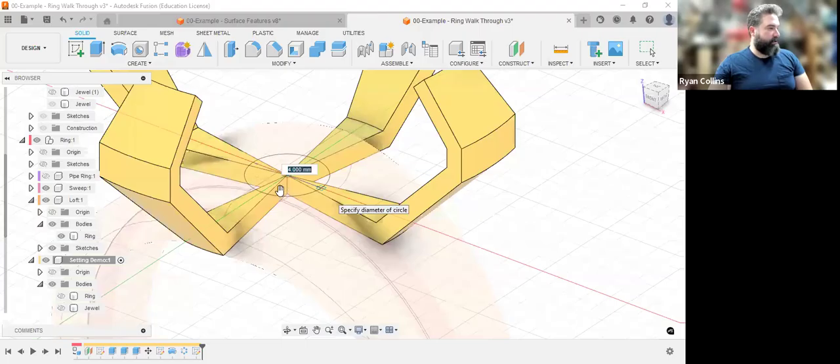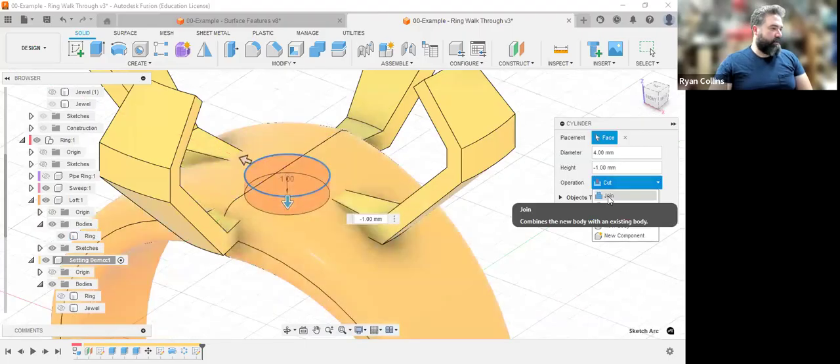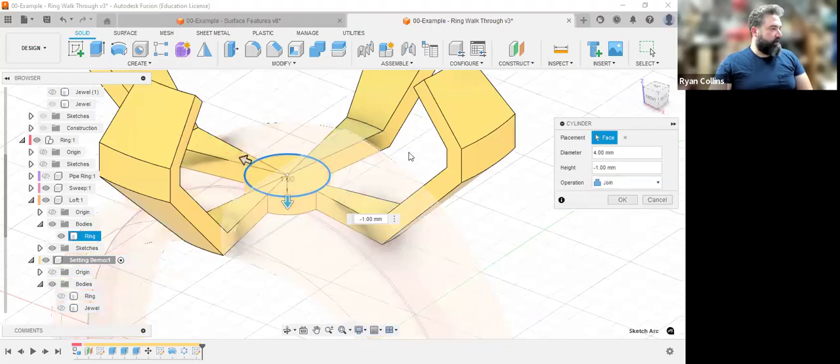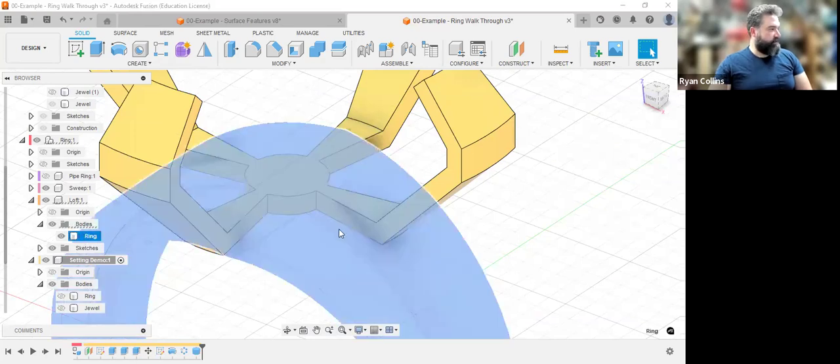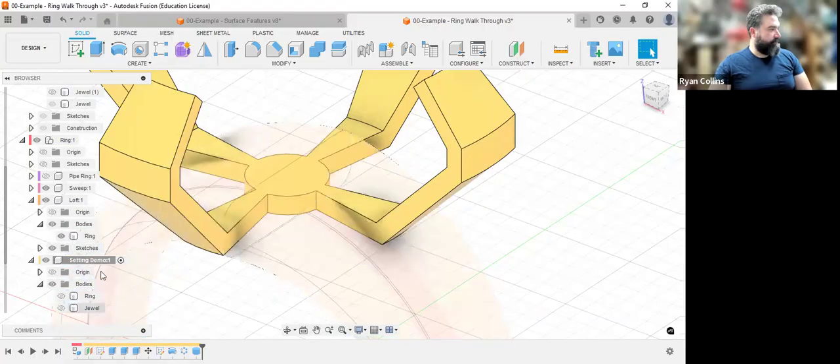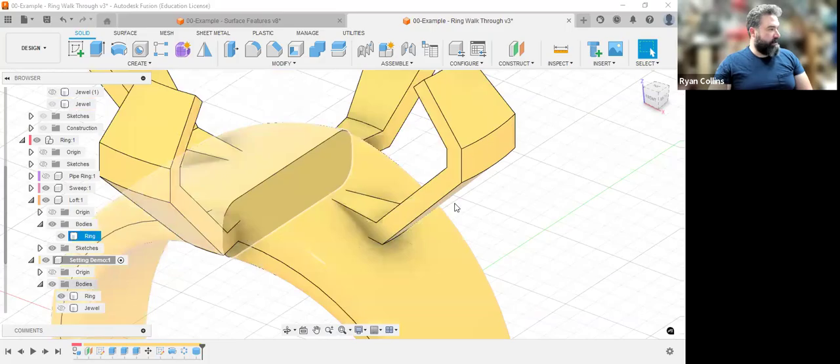Drag that downward. I don't want to cut. I want to join those. There we go. And that locked it all together. Oh, for some reason I was working on that. That's weird. And then when I unhide my ring, now granted this is intersecting, so this is kind of a non-issue,